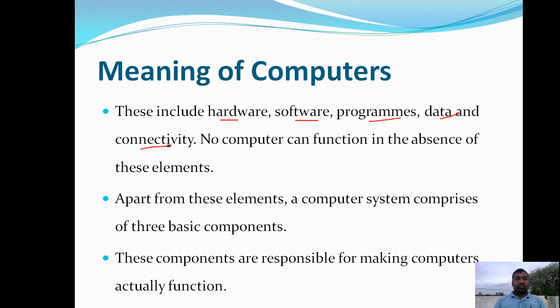And then connectivity. Here connectivity means how we connect the several hardware devices available in the computer with the help of connecting devices, like bus cables, power cables, etc. No computer can function in the absence of these elements.